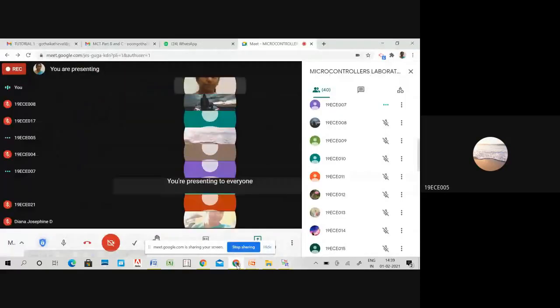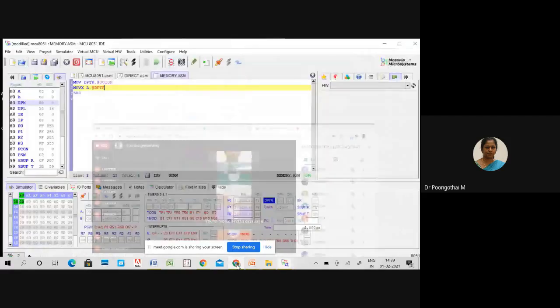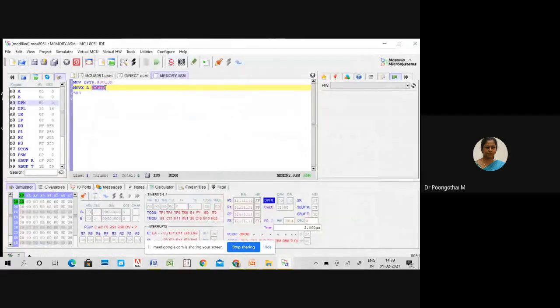Pointer. Actually, that instruction means to move the content of external memory whose address is in DPTR to the accumulator. That is the meaning: the data pointed to by DPTR is transferred to A.